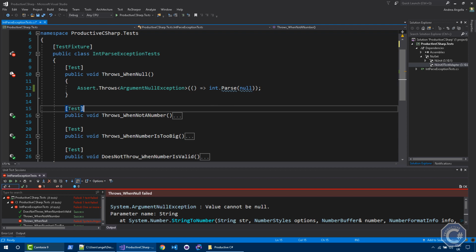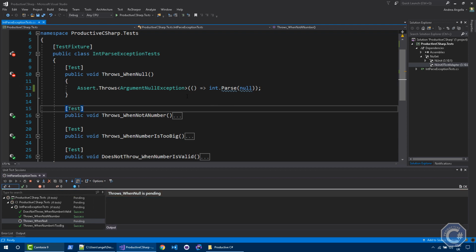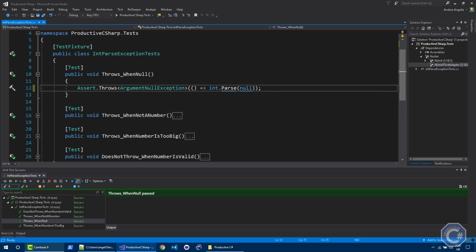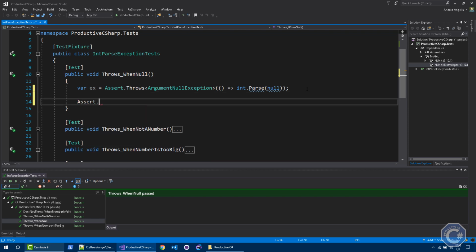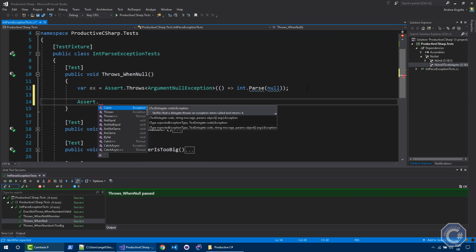So now this test should pass, because we know that parse null will throw an exception of type argument null exception, and we are certain that this code actually throws this exception. Perfect. Then NUnit also allows you to get the instance of this exception to do further assertions. So to do that, you can just do something like that. The Throws method returns the exception that is being thrown, and you can do additional asserts, like, let's say I want to check that the message